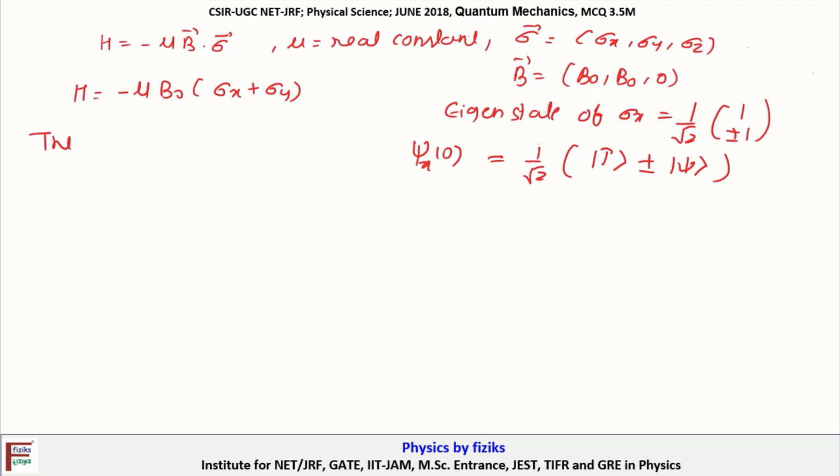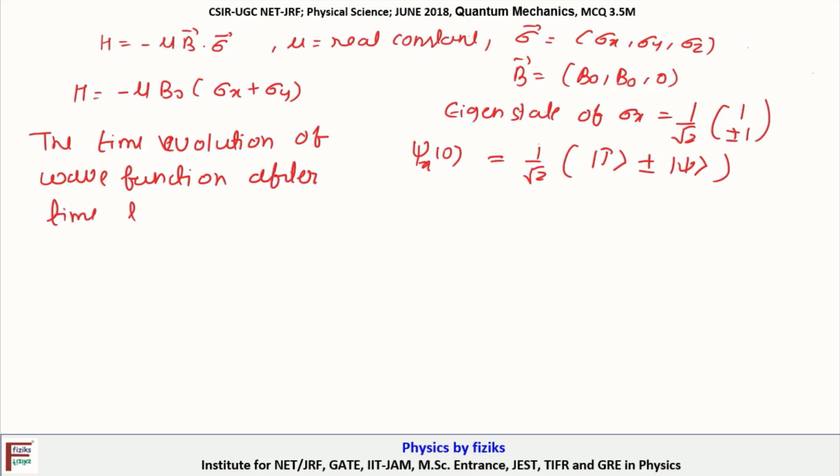Now the time evolution of the wave function after time t is psi t equals e to the power minus i H t by h cut into psi x 0,